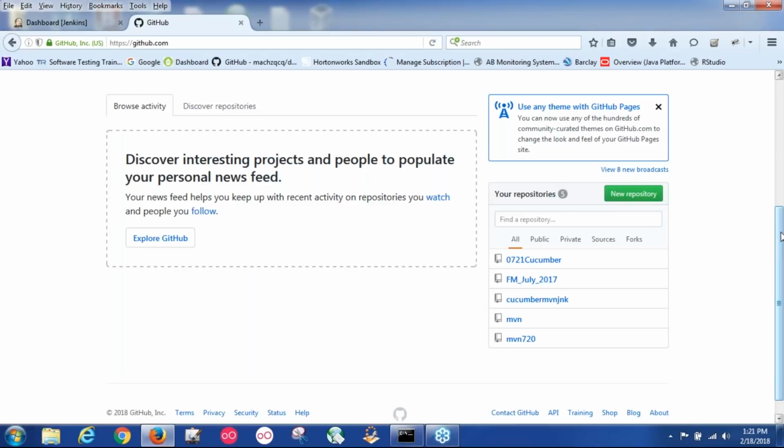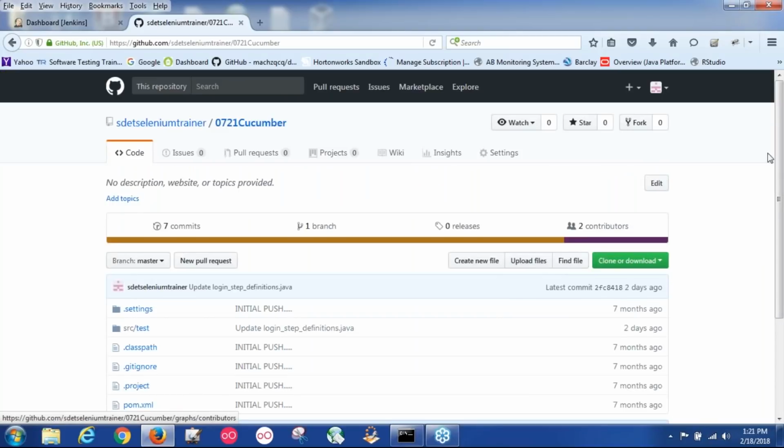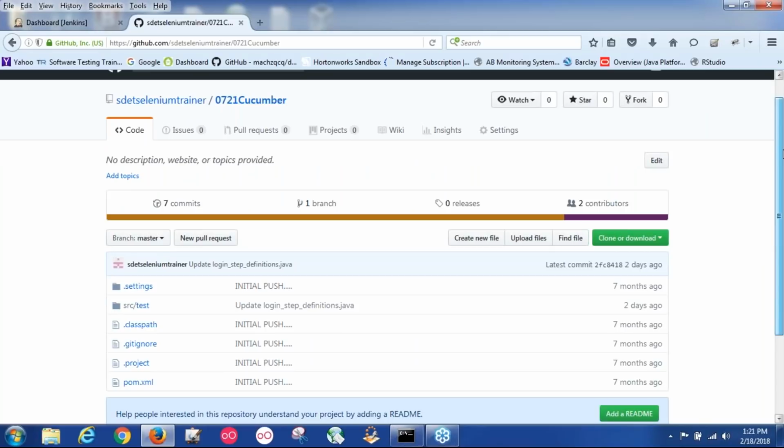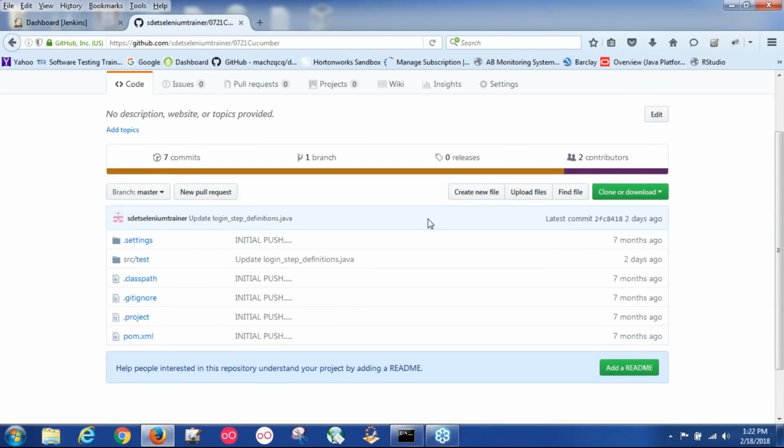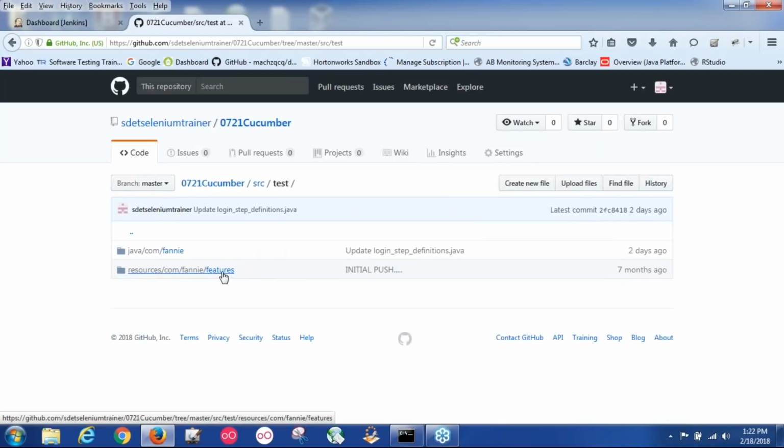I have added a bunch of projects to GitHub, and I'm going to be walking you through this repository very briefly. So I can share the repository with you, and then you could fork it or download it to play with it. It's a simple project wherein, in my source test, if you could see, I basically have